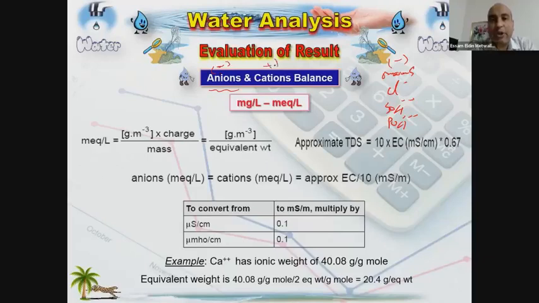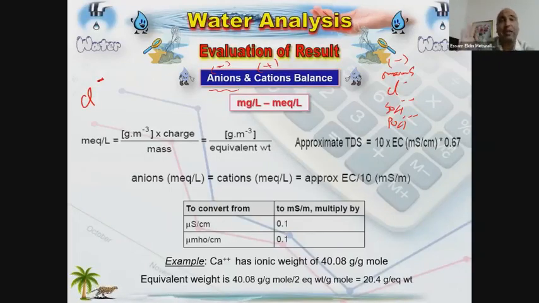Cation is positive charge. When we make analysis and make the final test report, we just ask ourselves, is there balance in the sample or not? Balance means the summation of mole equivalent of anions equals the summation of mole equivalent of cations. We can't find chloride in water free,